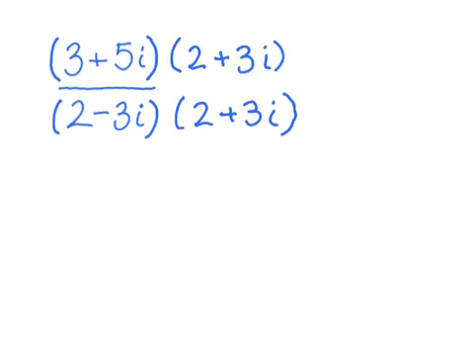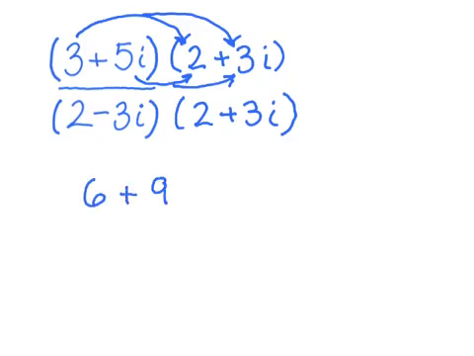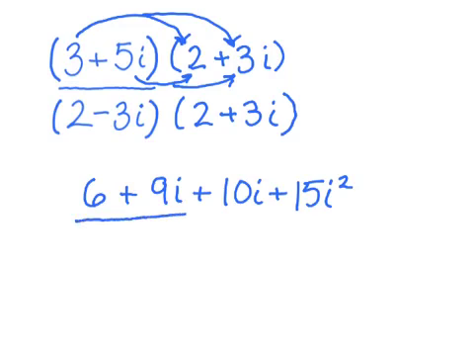So for our top, we're going to actually go ahead and FOIL this, multiply the 3 through, then multiply the 5i through, and for the top we're going to end up with 6 plus 9i plus 10i plus 15i squared. As I said, the i, we treat it in calculations very much the same way we would treat a variable like x, even though it actually represents the imaginary number, the square root of -1. This is going to be all over